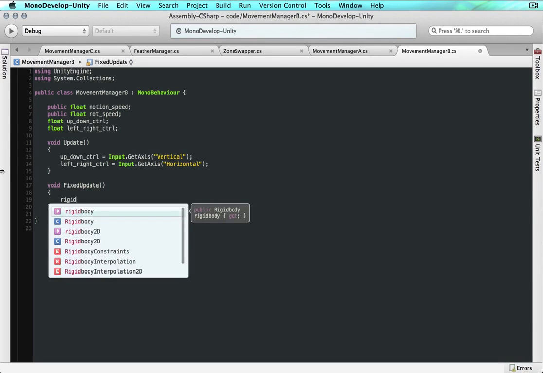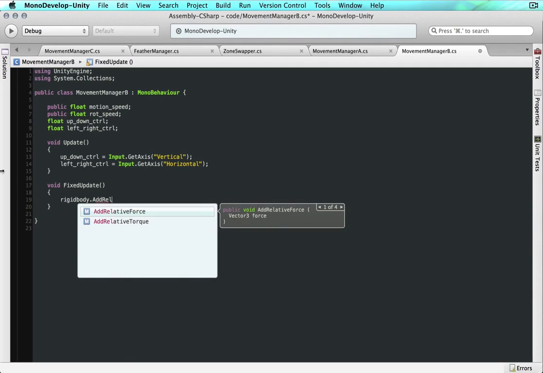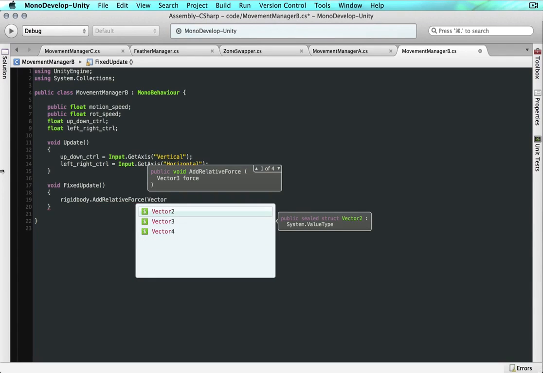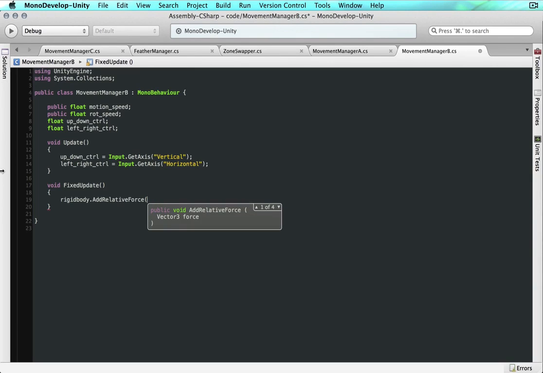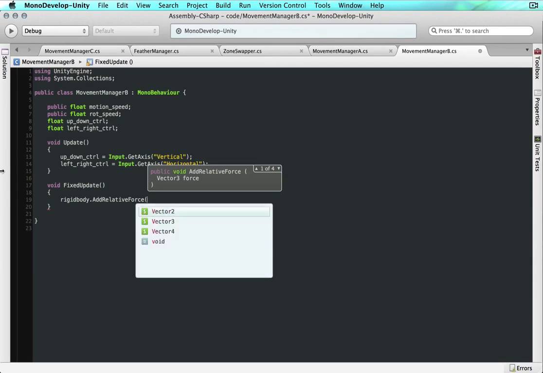We're going to address the rigid body component, and we're going to add a function called AddRelativeForce. What this does is that it adds a force on a local axis to a vector 3 that we would specify. So I want to add force along the z coordinate, although of course I don't have to type in one single axis. I can use all three axes that I want, but in this case I only want the character to move forward, so I'm going to use the vector 3